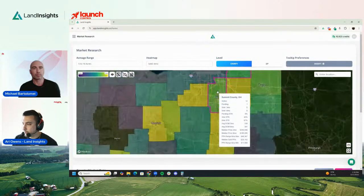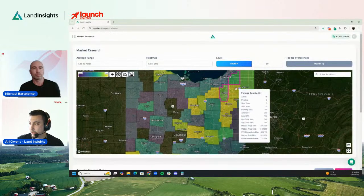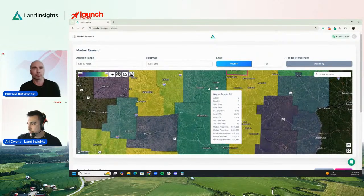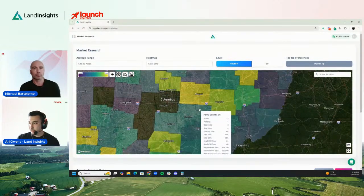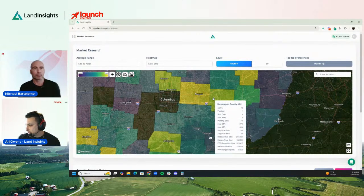So I'm going to start just by looking even more removed than the counties that already look hot. I'm going to look a little bit further out from these counties that look like they're doing well. This is the time where you zone in, you get in that flow state, and you start looking for different counties. Earlier, I mentioned for 10,000